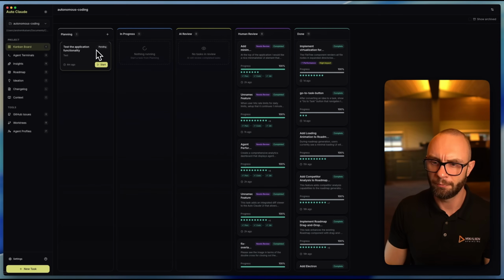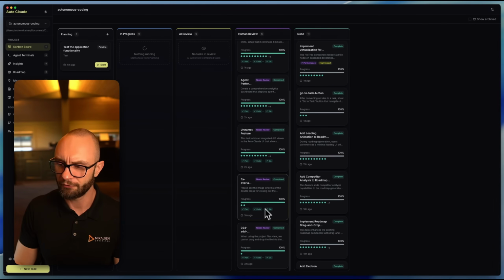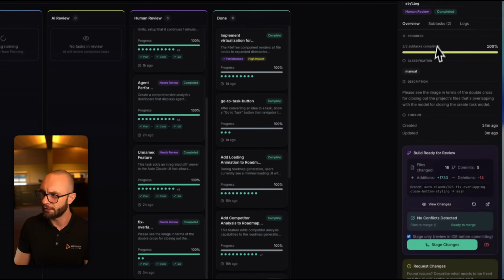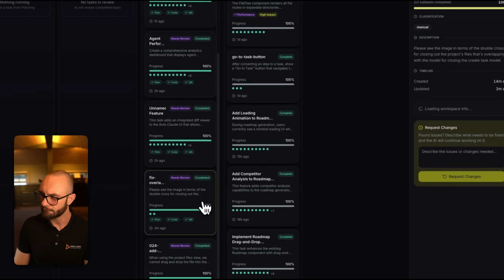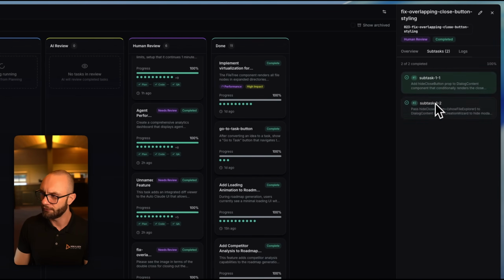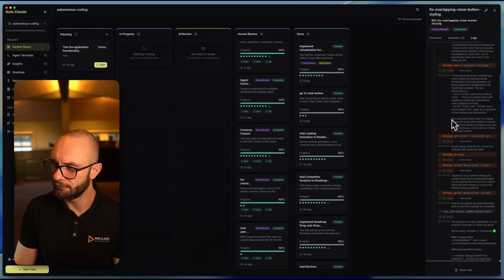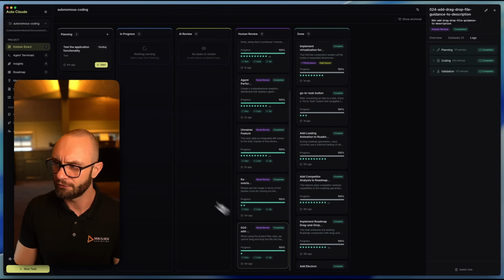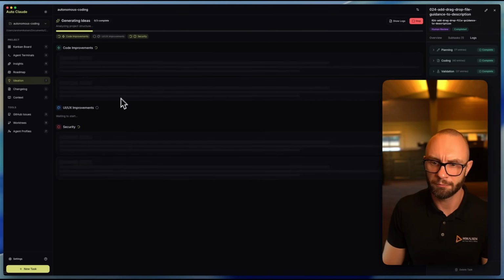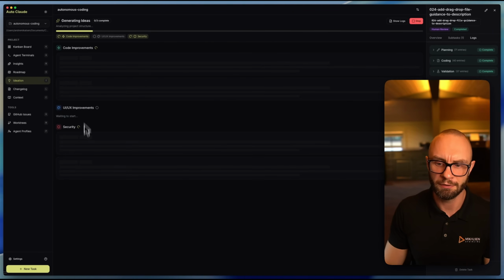So we'll just go back here and see. You can see now that the 2 tasks that we have done is done with AI review. We can see here, it hasn't identified actually that there is any merge conflicts ready for this. Let's just recheck it. And these tasks, you can go in and see the subtasks, what it has done. You can also check the full logs in terms of what it did for validation, what it did for coding. So you have full overview over what the AI system has actually done for each of these. We're just going to let this run because it finds 5 different things with each category.